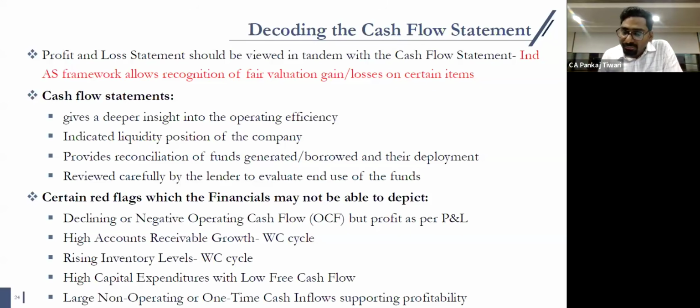Whenever you look at the cash flow, and whether the profit has come, if you have a negative cash flow, there could be a situation that the profit has come on disposal of a certain subsidiary or on disposal of a certain asset of a particular entity. So if you have such items in the profit and loss account, you should always remove them